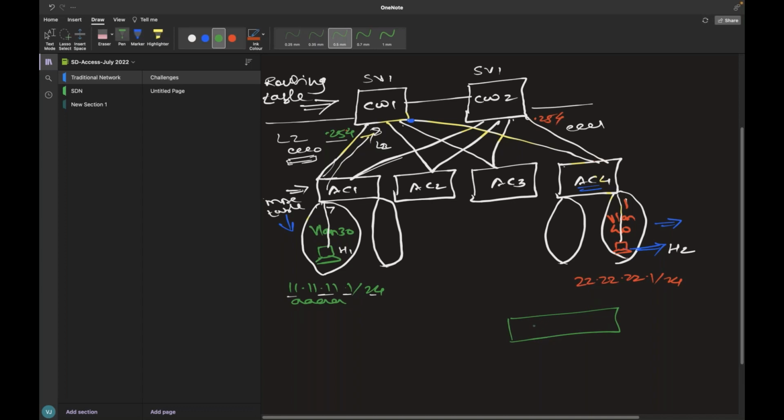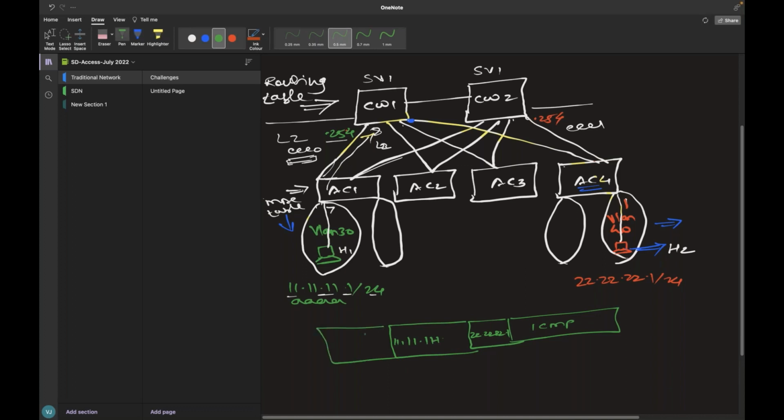So let's consider I'm pinging 22.22.22.1. So ICMP is my payload. My IP address of destination is 22.22.22.1. My source IP address is 11.11.11.1.